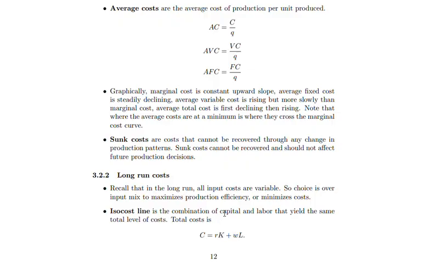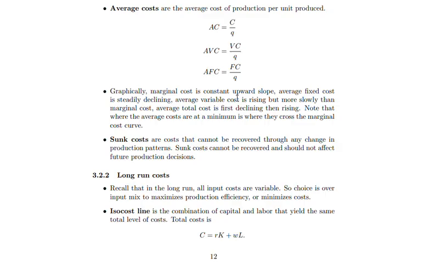Graphically, marginal cost is a constant upward slope. Average fixed cost is steadily declining, because in the beginning, your entry barrier, you need to pay a lot of fixed cost for your capital. It's very high, but as time goes by, it declines. Average variable cost is rising, but more slowly than marginal cost,